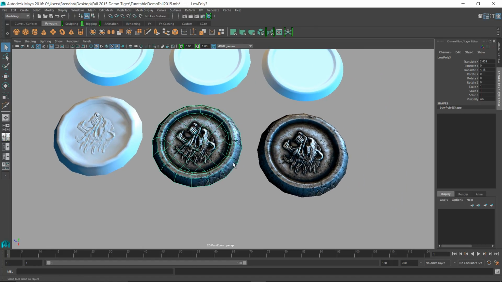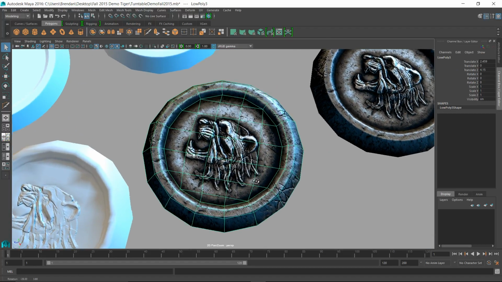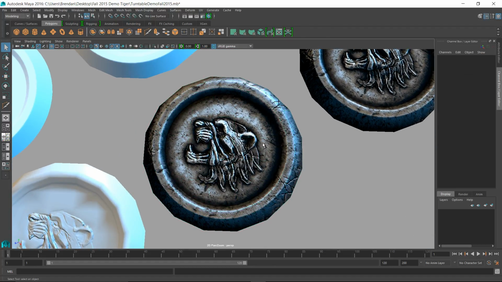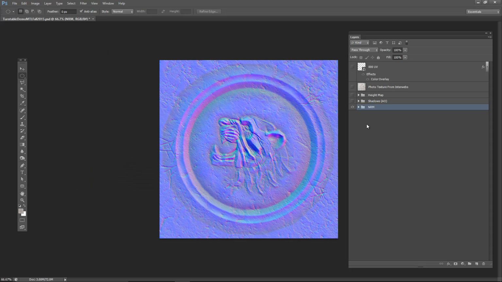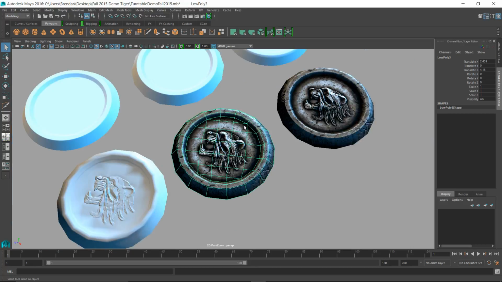All right, so this is the version after basically going through and combining normal and ambient occlusion, and here's what the Photoshop file looks like. And a lot of people were asking how I organize my Photoshop files, what it is that I do. And this is actually a pretty involved process. So that's why this video exists: I'm going to walk through the process of what happens